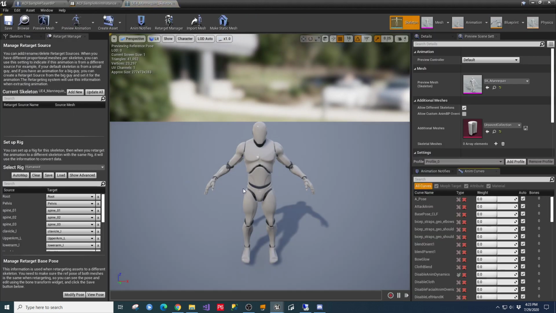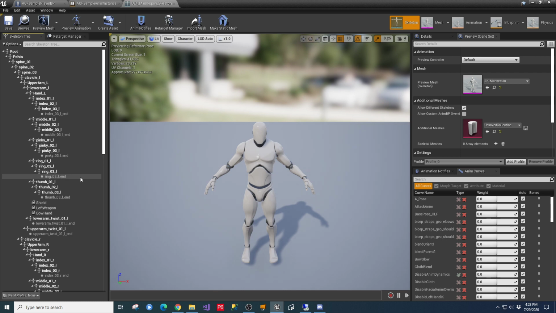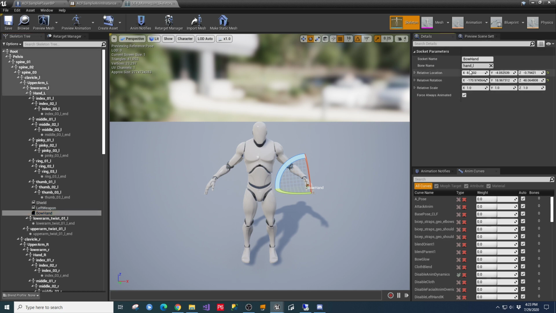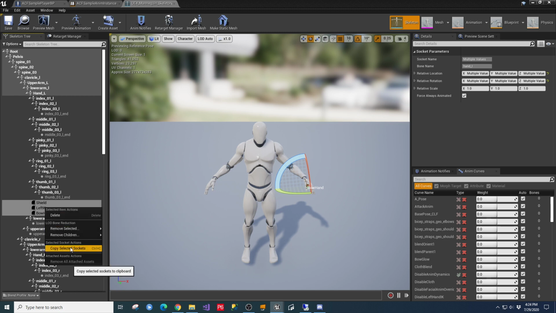We're going to open this mesh up. We're going to go to the skeleton tree and we will locate 3 sockets: shield, left weapon, and bow hand. If we look at the details for this, we'll see that they are located under the bone named hand_L. I'm going to highlight shield, hit control, and select left weapon and bow hand, right click and say copy selected